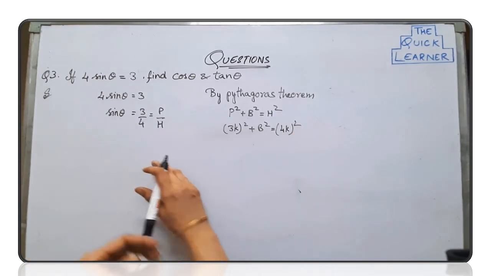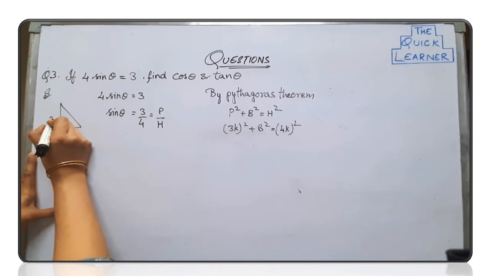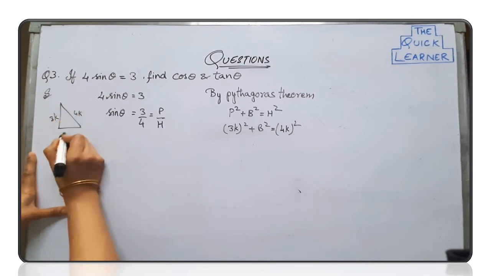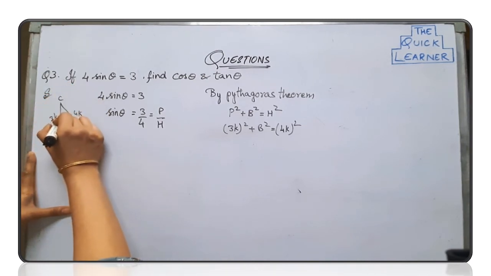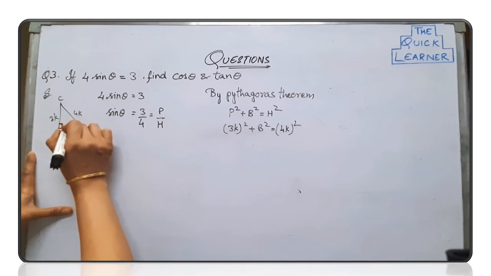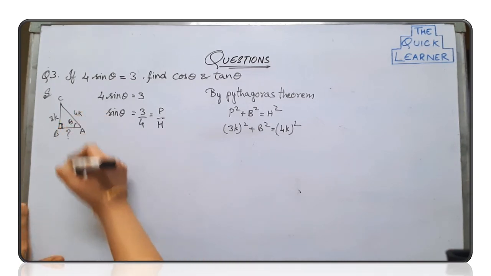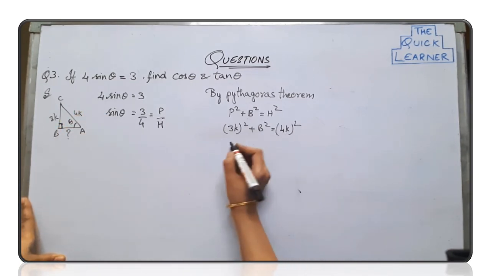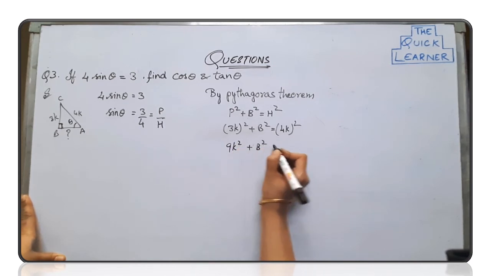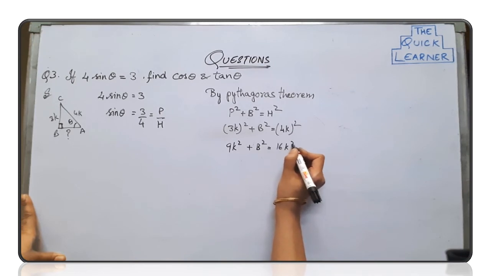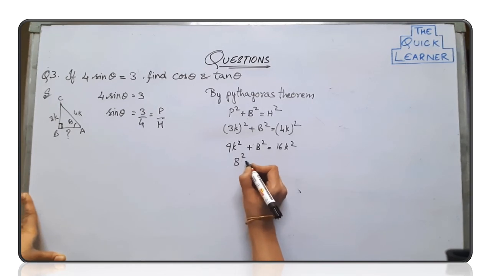I am not drawing. Okay, I'll draw. Okay, this is 3k, this is 4k, and we need to find out the base. A, B, C. This is right angle, and this is the angle theta that we are finding. Right? Now, 3k square is 9k square plus b square equal to 16k square. Taking 9k square on the other side, b square is equal to